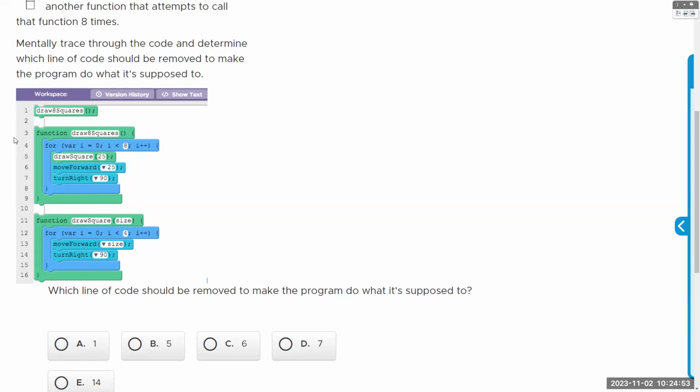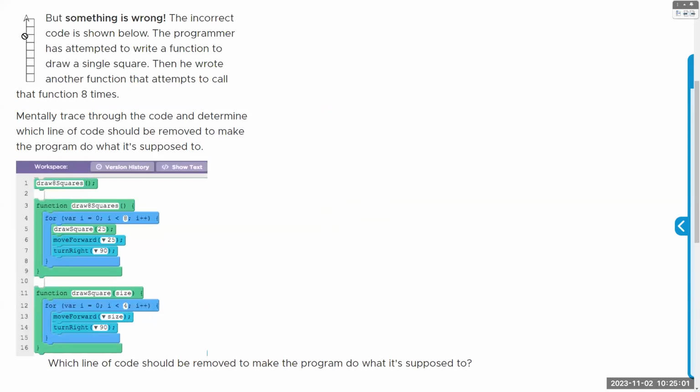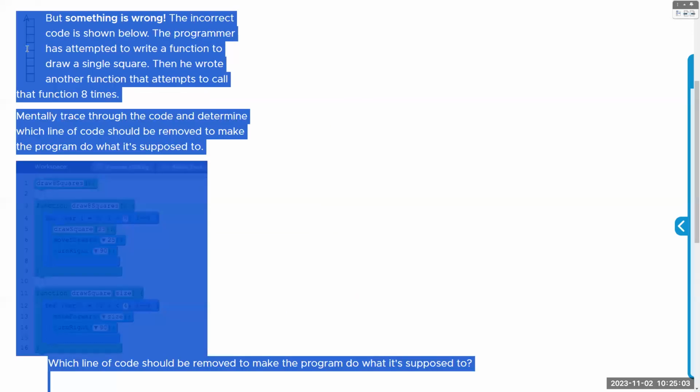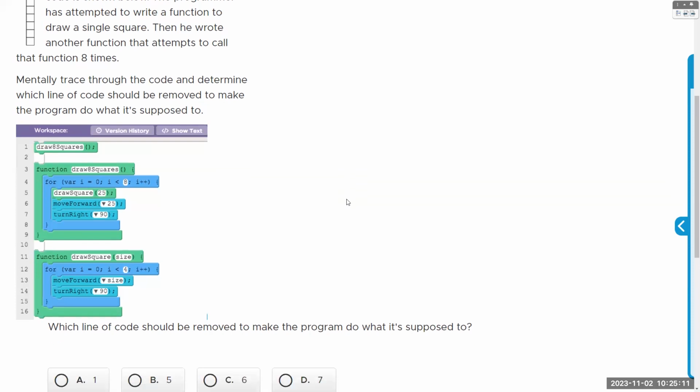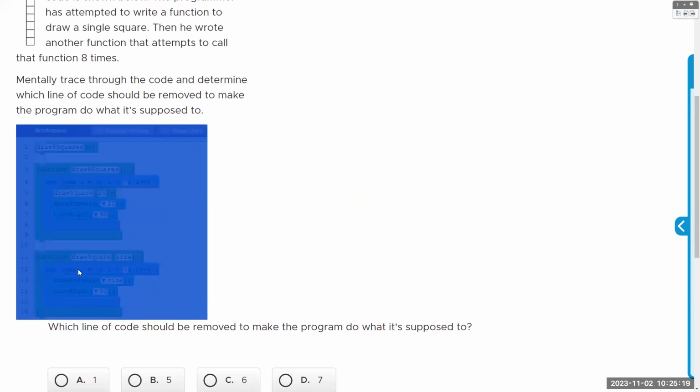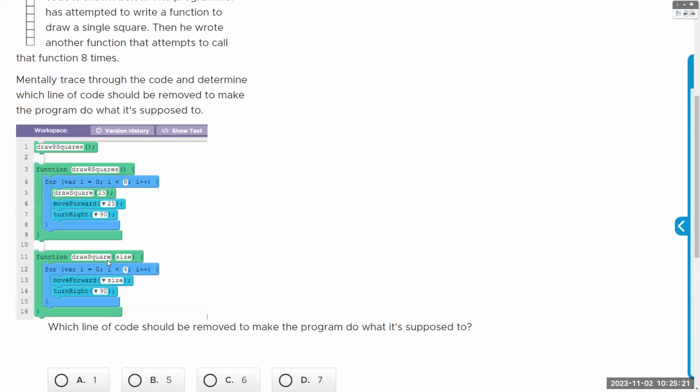Look in this area and see if you can figure out which line needs to be deleted in order to make this shape. Just work through and explain what's happening. I'll give you a hint, you don't even really need to look at the lower level function. Just trust that it works.